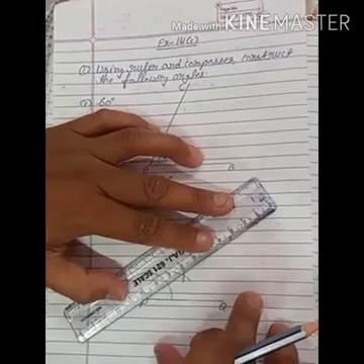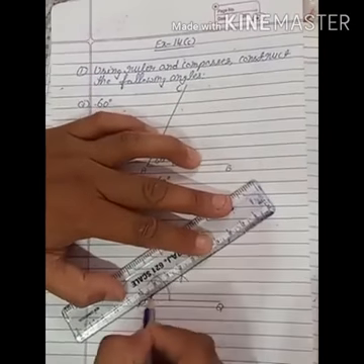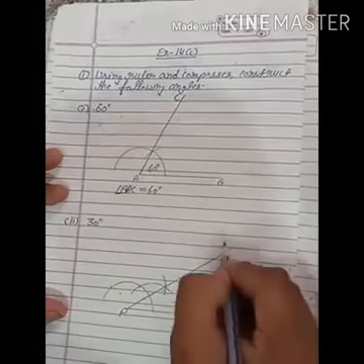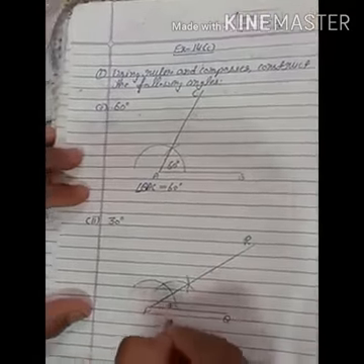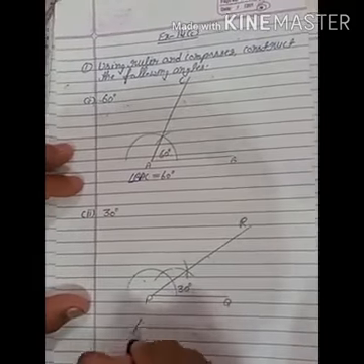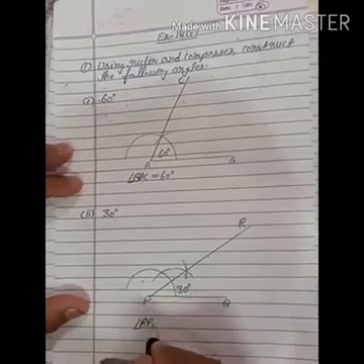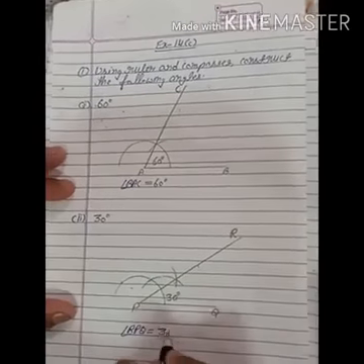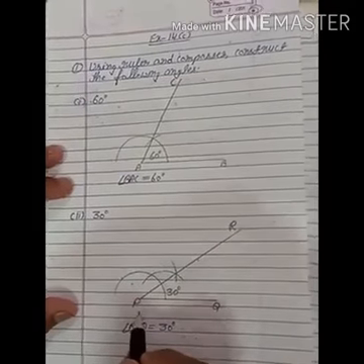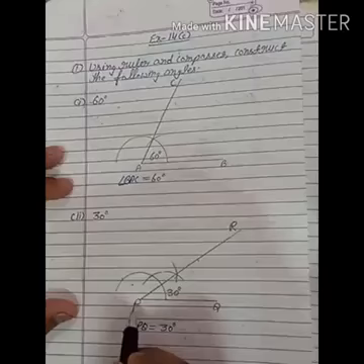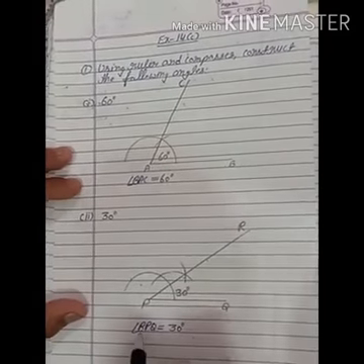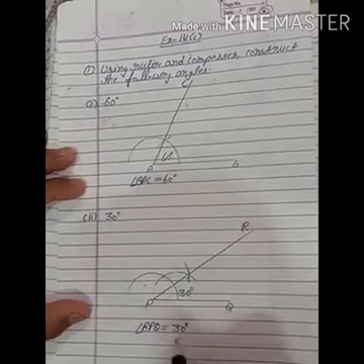So now we will join the line like this. And here we can give the name PQ and here R. And here we will write 30 degree. So students, after this, angle RPQ is equal to 30 degree. See one thing. You can see that the angle is on P vertex. So we are writing P in the middle. RPQ. We can write QPR also. So angle RPQ is equal to 30 degree.